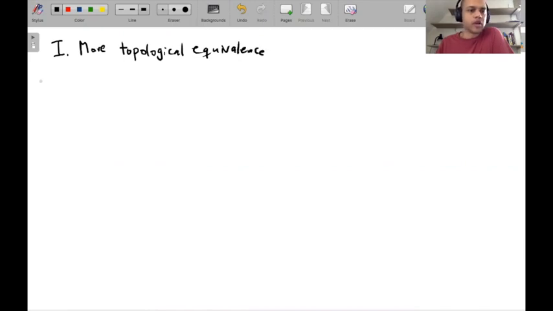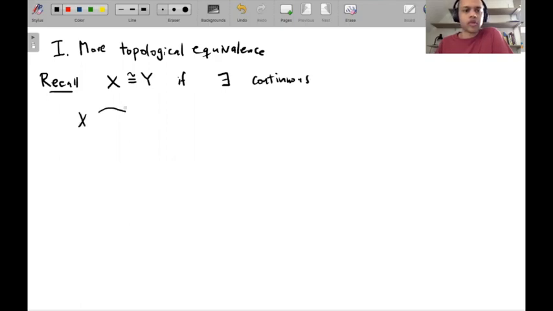Recall that we say X and Y are topologically equivalent, notated like this, if there exist continuous maps between X and Y,